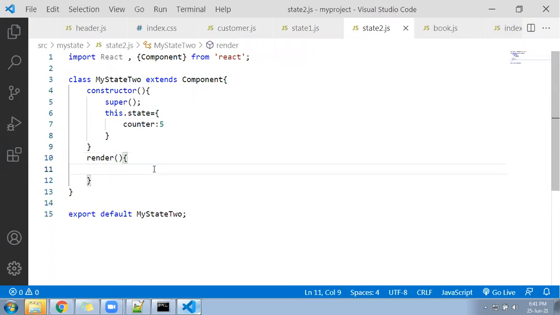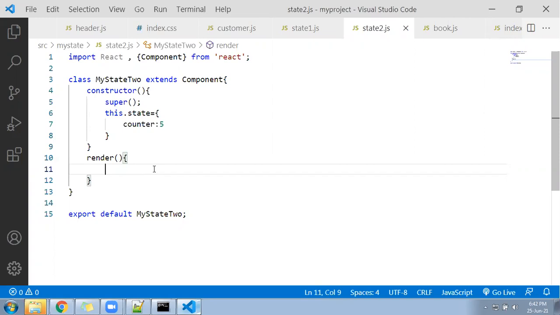Because in a class component in React.js, render is a predefined function. It comes from that Component class, and the render function is responsible to print the output in the browser, to send your HTML content to the browser. Okay, render function. Without render, you can't do it.